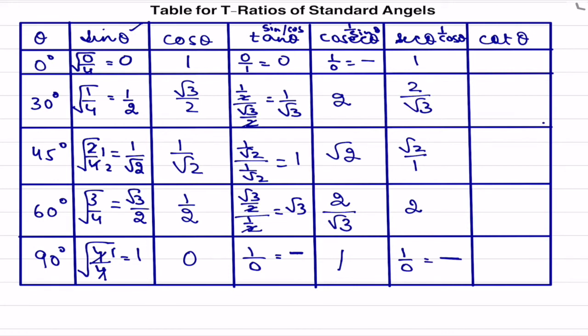And cot is the reciprocal of tan, 1 upon tan theta. So for cot, the reciprocal of 0 is 1 by 0, that is not defined, dash. This is root 3, the reciprocal of 1 is 1, the reciprocal of root 3 is 1 by root 3, and the reciprocal of infinity is 0. So children, as we've seen, if you just know the sine values, you can find out all the rest very easily if you remember the same order and the formulas. Based on this table, we have to just substitute the values of these angles in the given questions. Questions based on this are very easy, children.